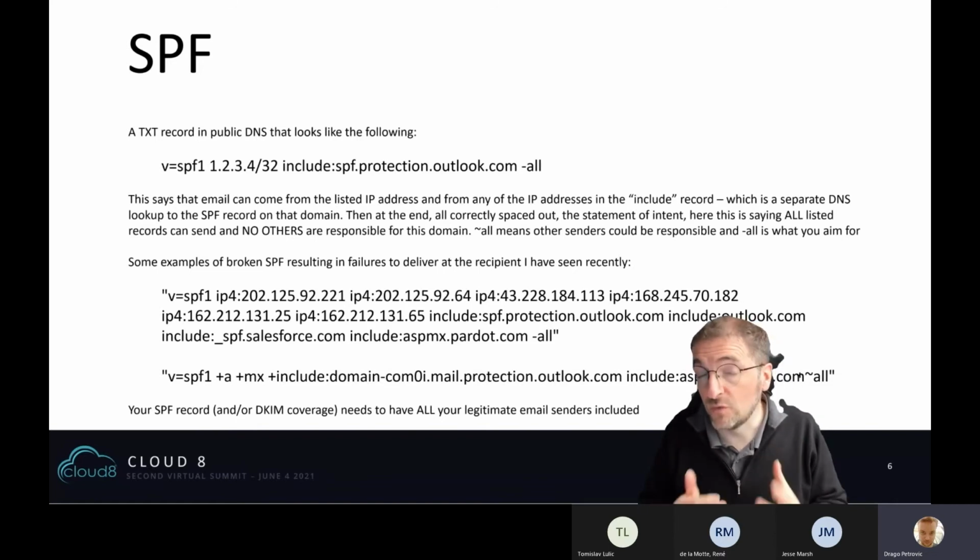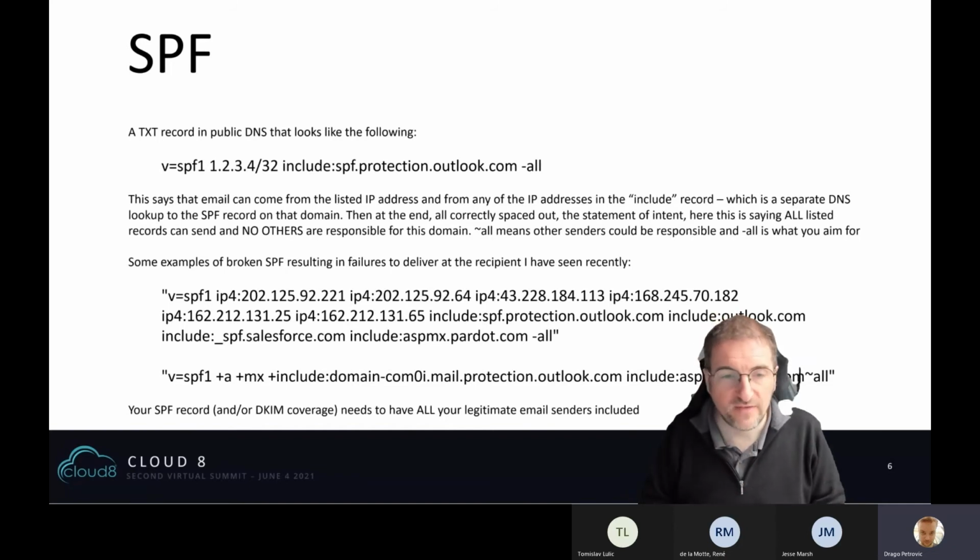They don't always work. They don't always work well. And so having the include statement correct, that would be the second mistake I would have on here. Okay. The one you might think is a mistake but isn't is the plus in front of the A, the